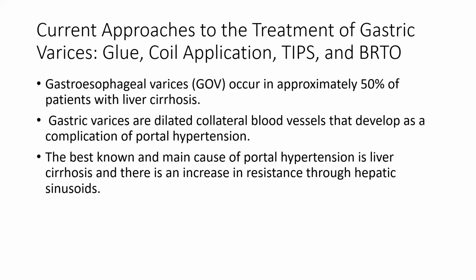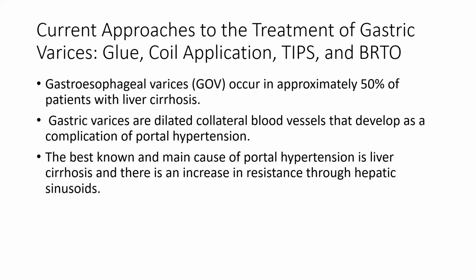So we'll discuss briefly how we are supposed to manage this upper GI bleed and what the current approaches are in the treatment of gastric varices. Gastroesophageal varices occur in approximately 50% of patients with liver cirrhosis. Gastric varices are dilated collateral blood vessels that develop as a complication of portal hypertension. The best known and main cause of portal hypertension is liver cirrhosis, and there is increase in resistance through